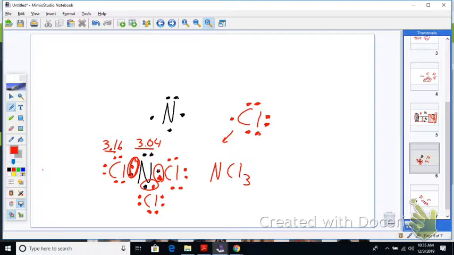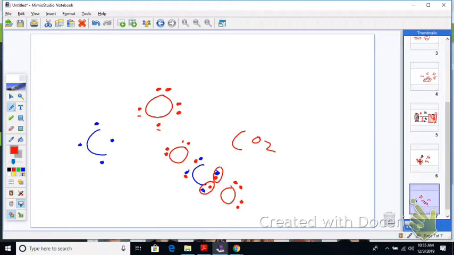Any questions? All right, let's look at carbon. So here's carbon. Oxygen is 3.44, right? Is that what it is? And carbon is 2.55, right? Okay, so these two that are being shared, which one has a greater share of those electrons? Oxygen. Oxygen has a greater share of those electrons. Okay? So, to give an understanding of what I mean by greater share,